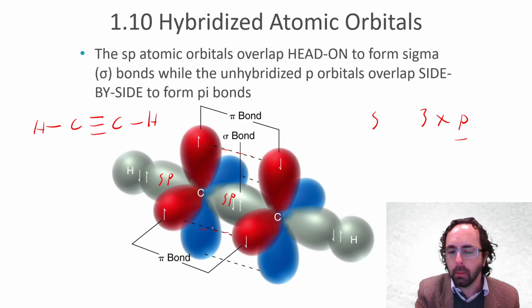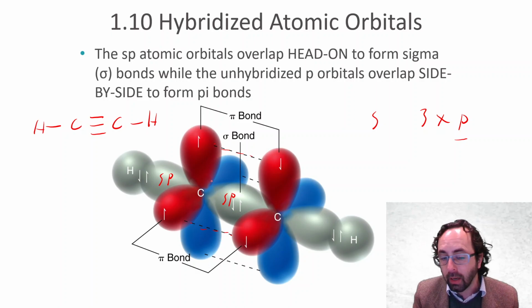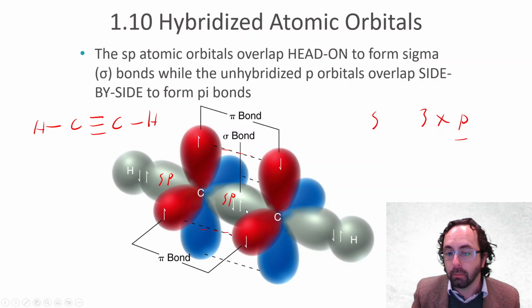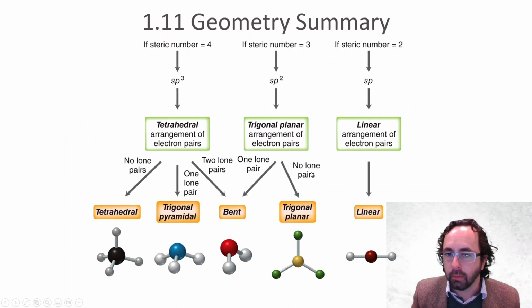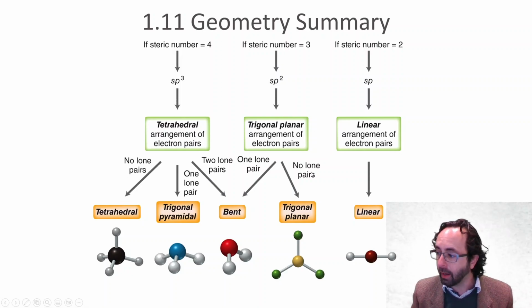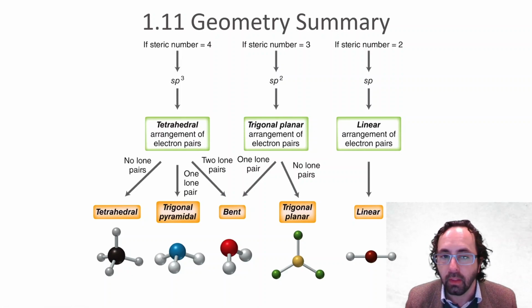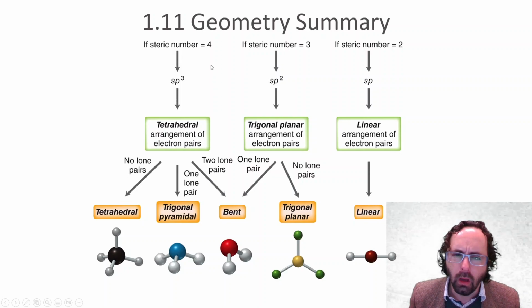So pi bonds are generally easier to break than sigma bonds. That's important to remember. However, when you have a sigma bond with 2 pi bonds like you have here, that's a triple bond, which is quite a strong bond because it contains not only the very strong sigma bond, but also 2 of these less strong pi bonds. So the question becomes, how do you know what the hybridization will be in these? Well, in terms of the